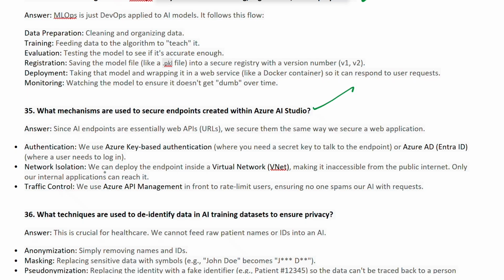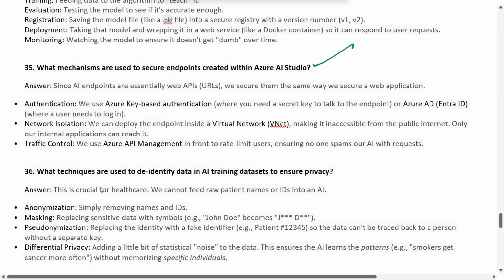For network isolation, we can deploy the endpoint inside a virtual network, a VNet, making it inaccessible from the public internet. Only our internal applications can reach it. And the third one is traffic control. We use Azure API Management in front to rate limit the users, ensuring no one spams our AI with requests. So that is exactly how traffic control, network isolation, and authentication secure the endpoints created within Azure AI Studio.